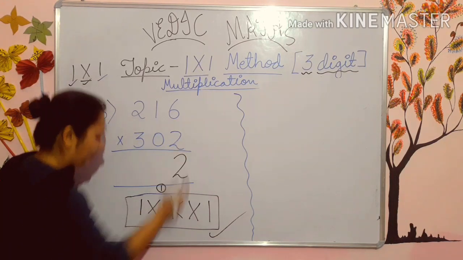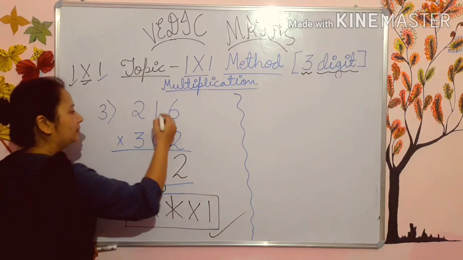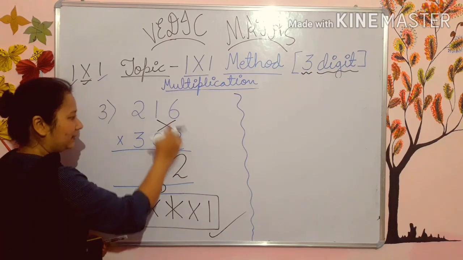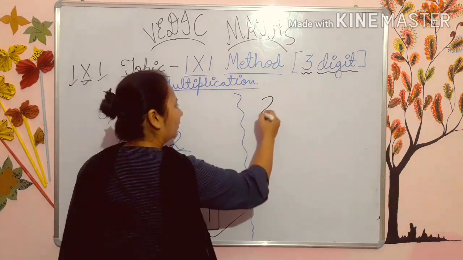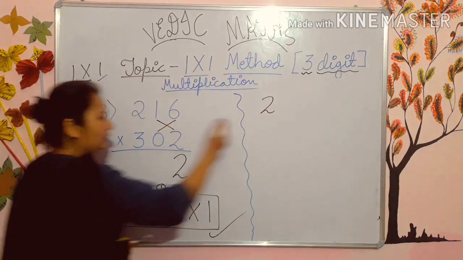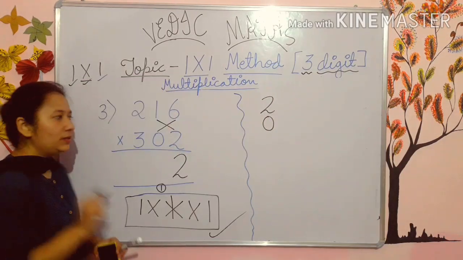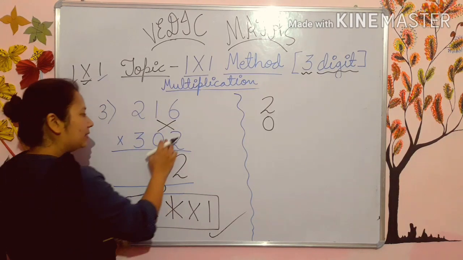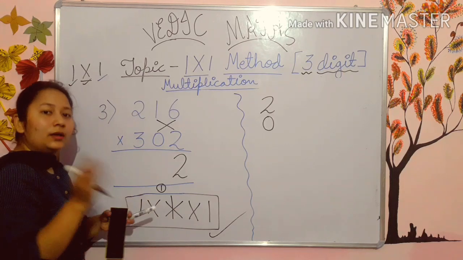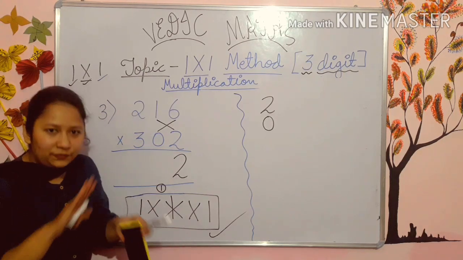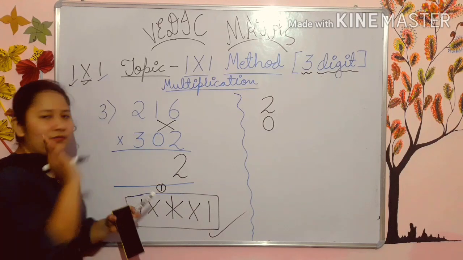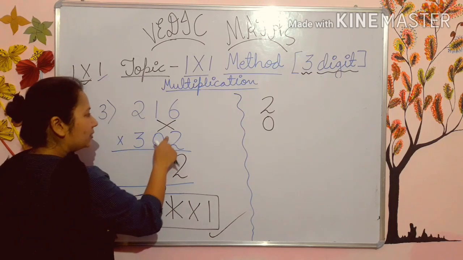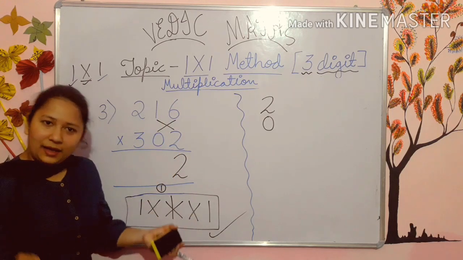Now what is there? See, cross. Fine. Now multiply. 2 1s are 2. 6 zeros are 0. One more thing, students. Some students will think that madam is multiplying this side first, then this side afterwards. No. You can multiply anything first, don't get confused. Anything means you can do 2 1s are 2 first, and you can do 0 6 first. The answer will be the same.